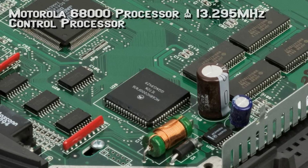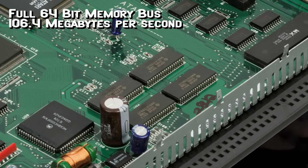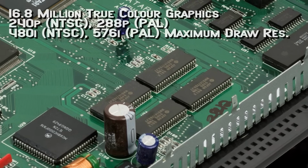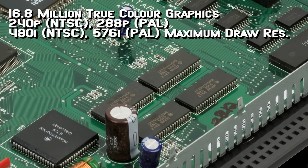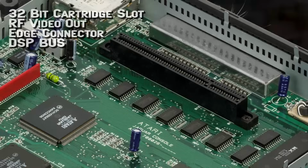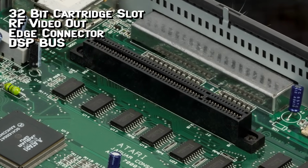A 64-bit memory bus can transport a whopping 106.4 megabytes per second, and 16.8 million colours are available, allowing for 2D games which look staggering. Port-wise, the Jag has a 32-bit cartridge slot, an RF video output, and a video edge connector supporting both NTSC and PAL. There's also a digital signal processor port for serial communication, which can be connected to the Atari Lynx